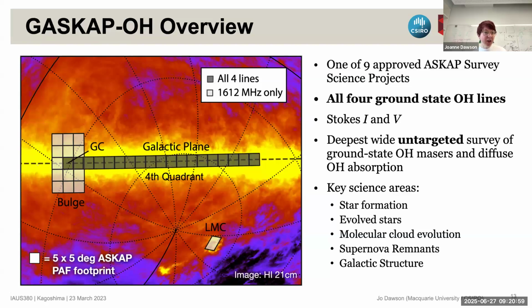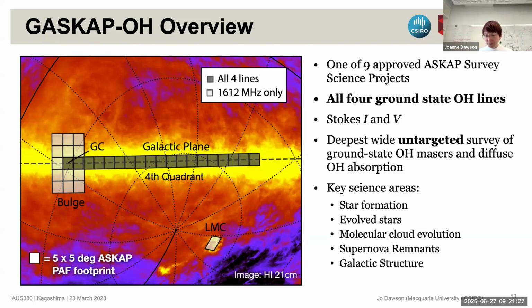Here's our planned survey area. It covers a lot of the same area as SPLASH, but goes a bit wider. ASKAP is primarily a survey science instrument, and it runs for almost all of its time on pre-approved survey science projects. So we're one of those projects. Again, we're getting all 4 ground state lines. In this case, we're not just getting Stokes I, we're going to get Stokes V as well for the masers and the Zeeman splitting. Well, we're claiming that we're the deepest wide untargeted survey of ground state OH masers and diffuse